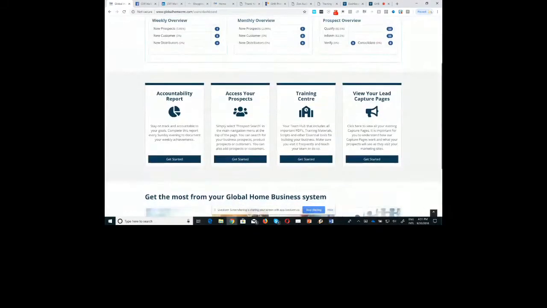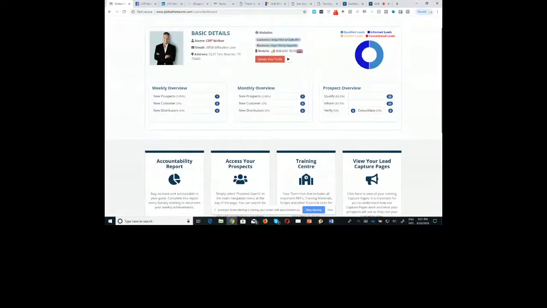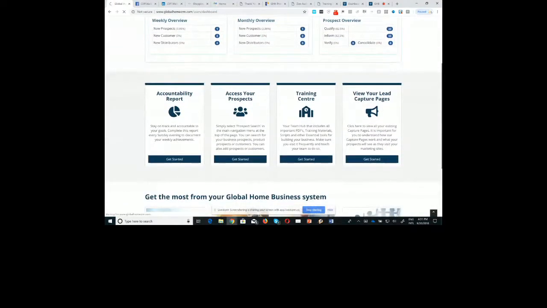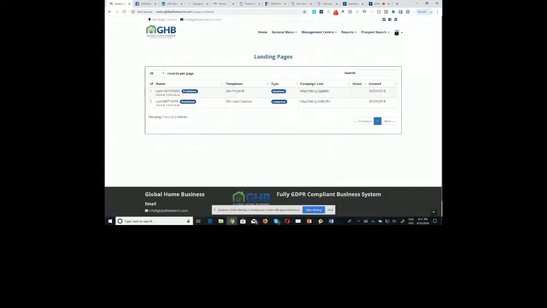And then you've got your view lead capture pages. That's going to essentially take you back to the same place. You would click there. It's going to take you to your two pages. As we grow, we're going to have more templates in the system. So you're not going to be fixed with just one option for your business page. You might have a dozen different options and you choose which one you want to use. So that